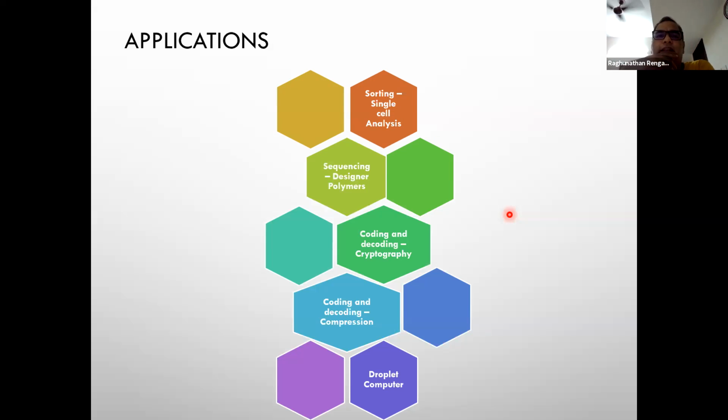So I already told you that you can use this kind of sorting for single cell analysis, or it simply could be that if you have multiple droplets that are being formed, and using some characteristics of the droplet, which could be the resistance or something else, you are able to separate these droplets out into two different arms. Okay, so what you're doing at a macro level, for example, if you're doing distillation and then you're getting one component as a distillate and one component as the bottoms, if you can do that in these kinds of devices,